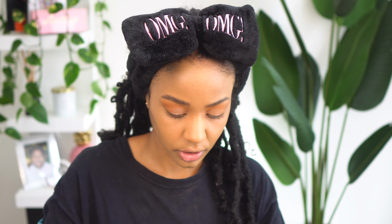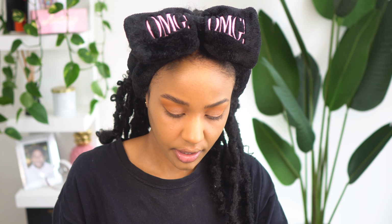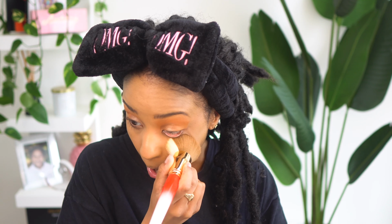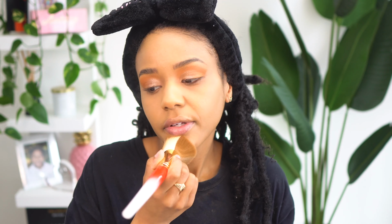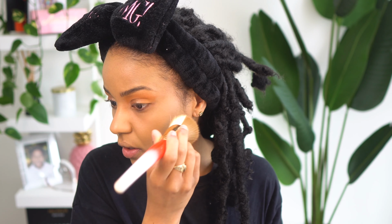I just want to go in with a little bit more for my under eye. This brush is so big, it's hard to get under there. Fenty has really been releasing a lot of great products lately, and this is no exception. So this side is applied with a brush. 1 pump is all I needed for this side. It is like perfection. I definitely should use a smaller brush for the under eye, so I'm gonna go in